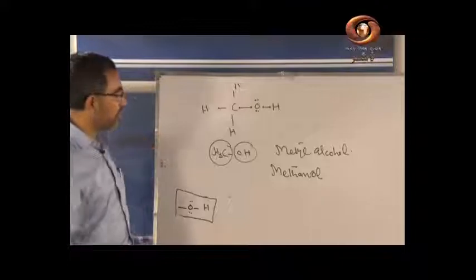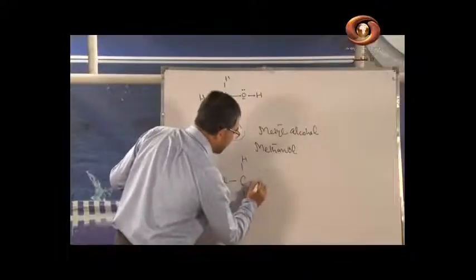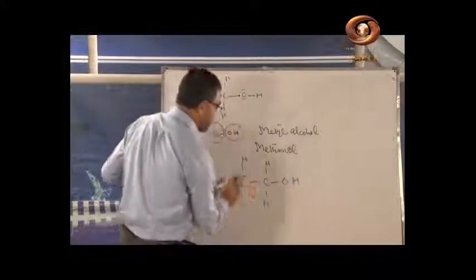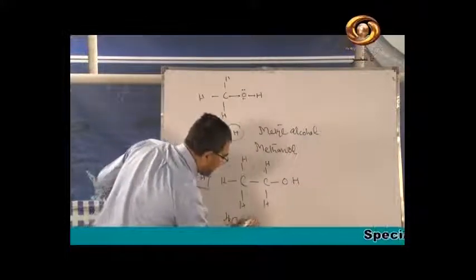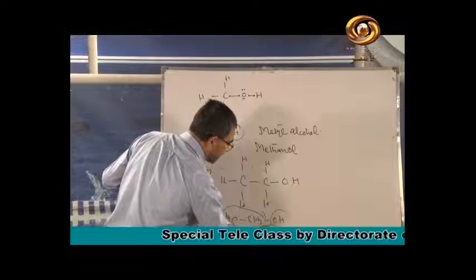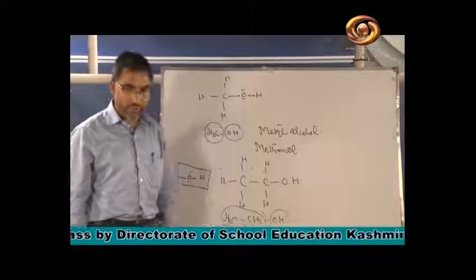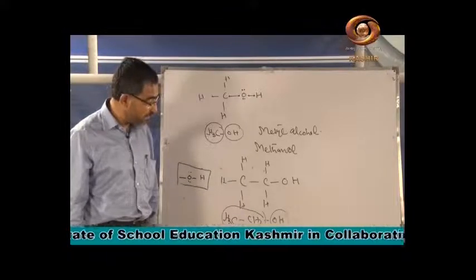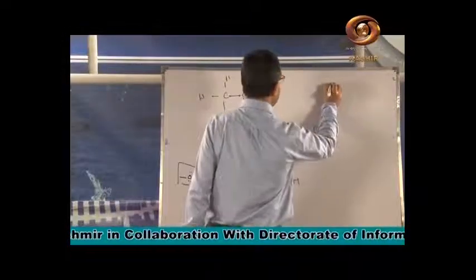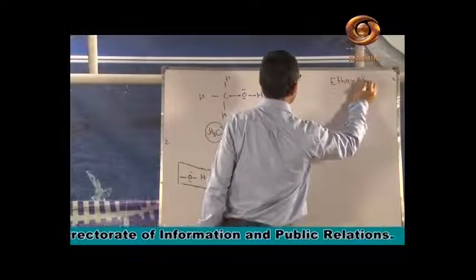It is the alcohol. Similarly, if we take this C, this is H, and this is C, this is H, और हम इसको OH लगा देंगे. So the compound was CH3, it is CH2, it is OH. The compound was ethyl, and you have the alcohol here, so it is commonly ethyl alcohol. Ethyl and alcohol. OH is here, functional group is OH, alcoholic functional group is here, hydroxyl group is here. Commonly it is the ethyl alcohol, but IUPAC name of the compound will be the ethanol.